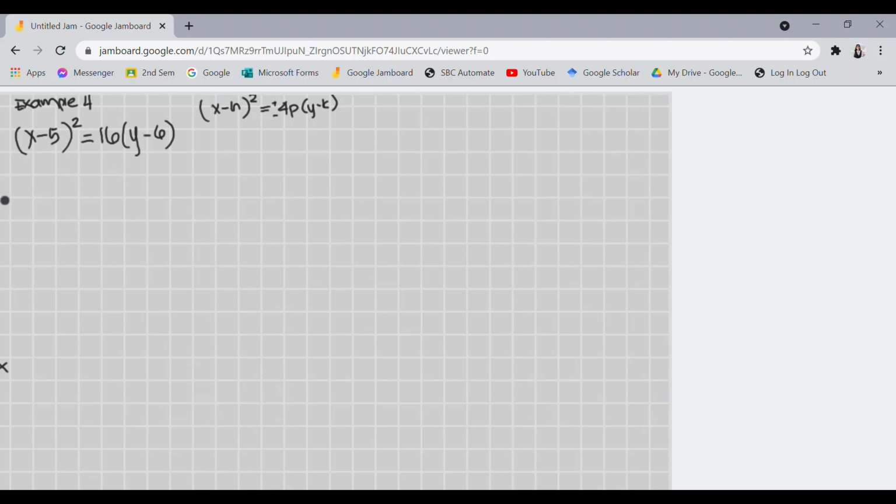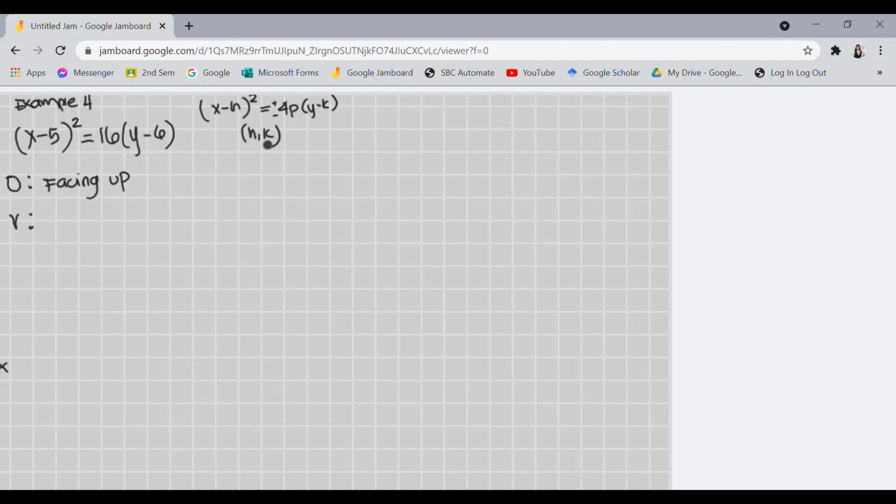So in this case, when the equation looks like this, we can say that the orientation of this parabola is, since x is the one in the quantity that is squared, and this is positive, that the parabola is facing up. Facing up. And then the vertex, you can identify the coordinate of the vertex that is given with h,